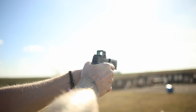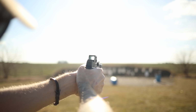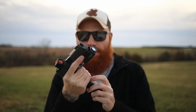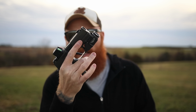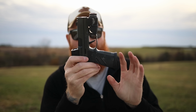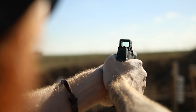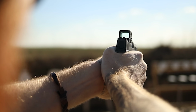My favorite part about it is it's a 365 that actually fits my big hands, and the grip here feels great. One of the better grips I've ever felt on a small gun. It has this magwell here, which gives you a little bit extra grip and allows you that ability to put those magazines in as quickly as you want. It has the G10 grip inlay here, which feels absolutely great and honestly feels better than the M&P Metal series. I would say that the M&Ps are more reliable traditionally, but I would say that the grip on the P365 feels really good. I would definitely recommend this gun if you're in the market for a little bit more expensive concealed carry gun,